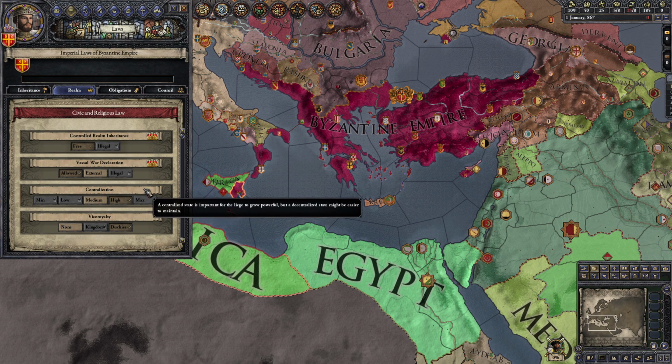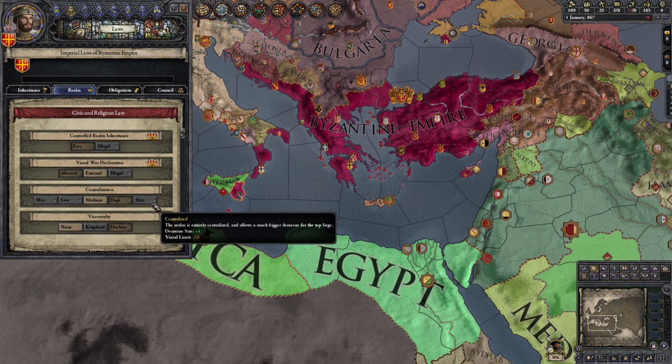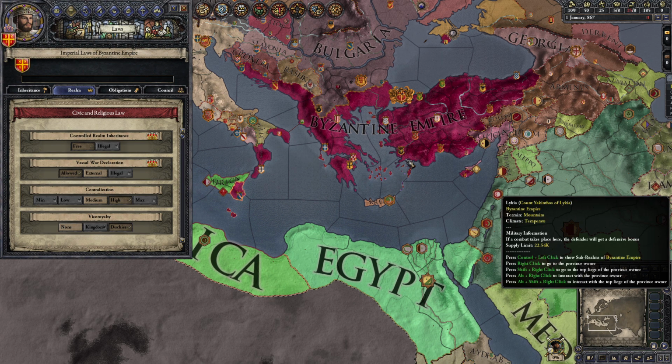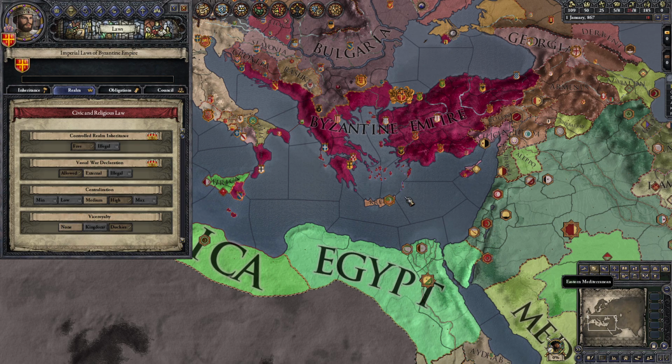Centralization is how many lands I can control as the lord, and that essentially means I would spend more time ruling smaller areas, but I would directly control it. It's important to be able to control lots of land as a lord because then you can control your nobles, but at the same time, if you want to grow a massive empire, you have to sort of branch out a bit.